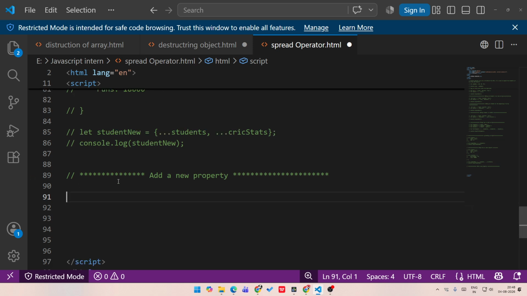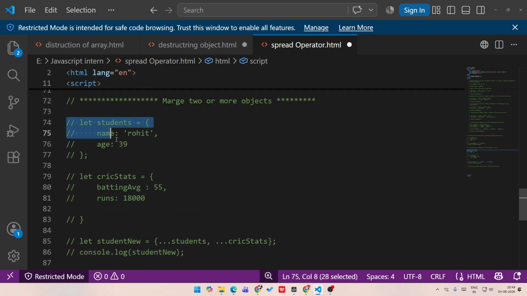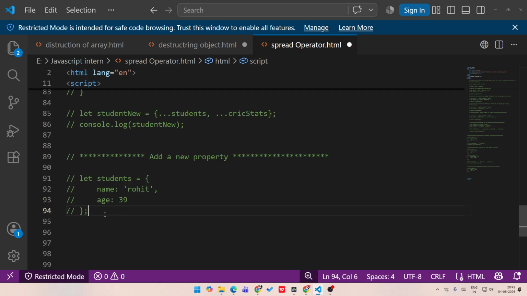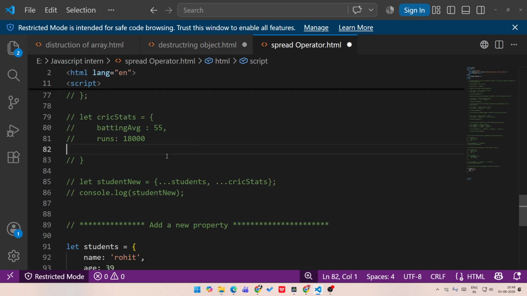So when we have to add a new property, it is very straightforward in that case. We will do it the same way as we did it there. So see, we'll take the same example here. For example, I will take the same Rohit Sharma's example. Now instead of creating a new array, let us add the batting averages also inside of that. Okay,